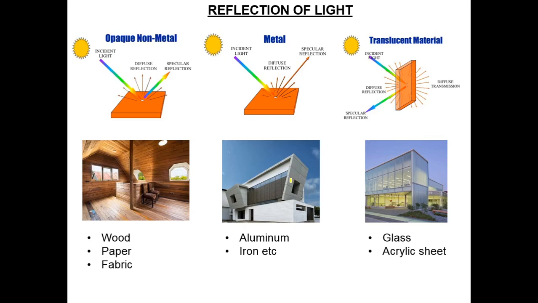So maybe metals can be used to reflect light and also heat because of their color and glossy properties. But again, the metal also has its own properties, which can conduct heat. So we have to understand what type of metal, and what type of function we are going to use it for, the functionality of the project, etc.